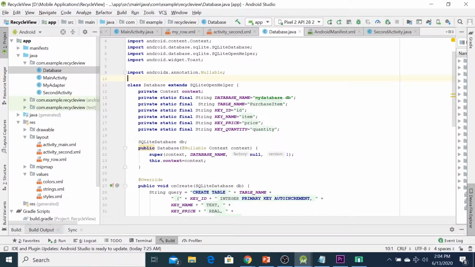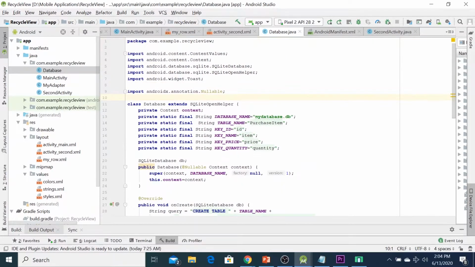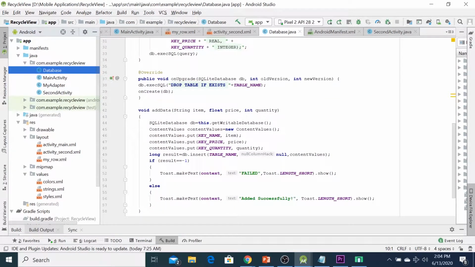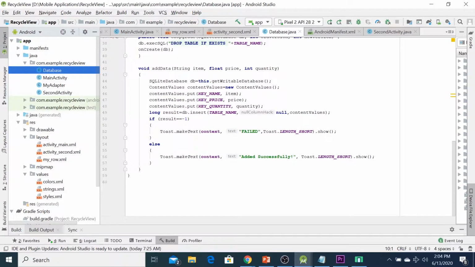This method will return a cursor object. Under database, click the database one. We can write here.